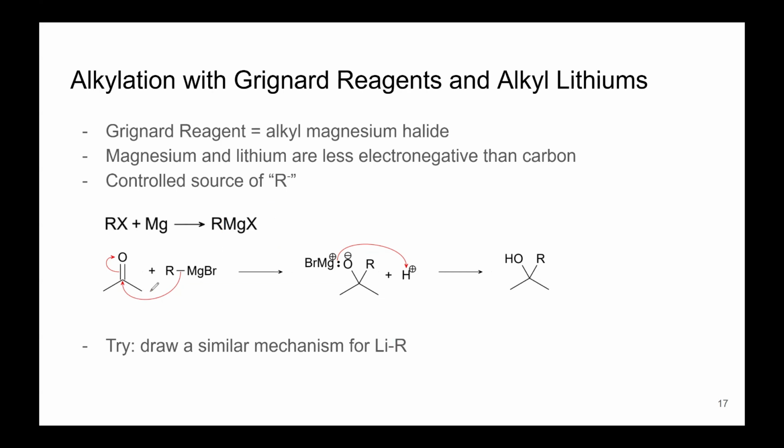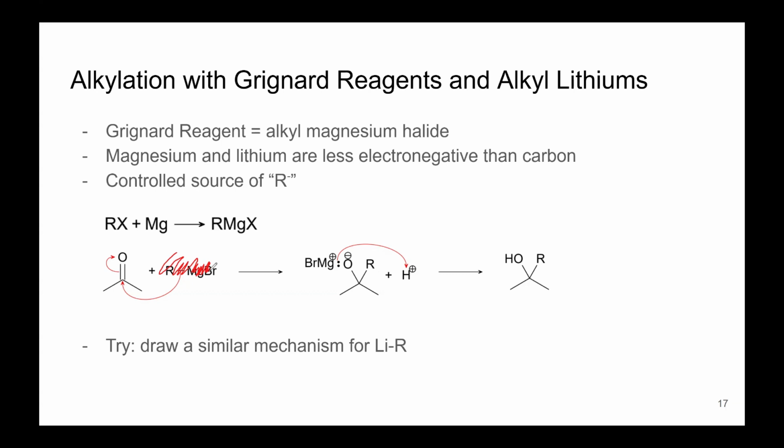So let's take a look at this mechanism. This R carries its bond pair over to the electrophilic carbon, and then the bond pair here goes to the oxygen. So this is the anion, this is the cation. You must always have charge balance in your reaction mixture, and so you have removed the excess reactant,